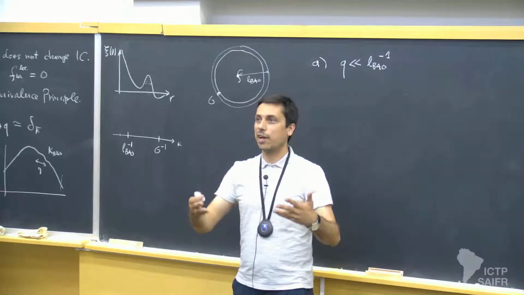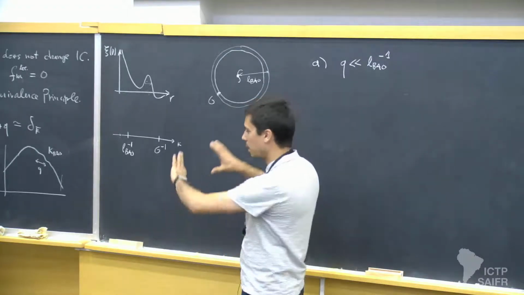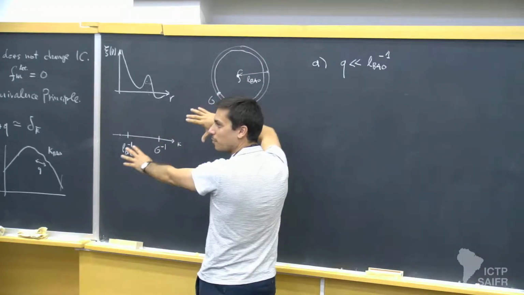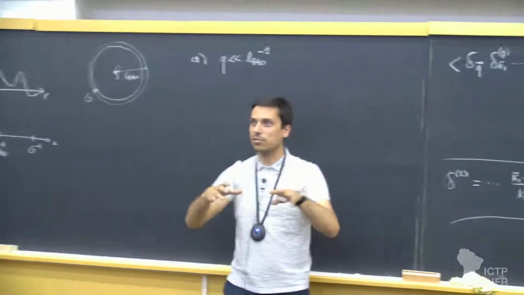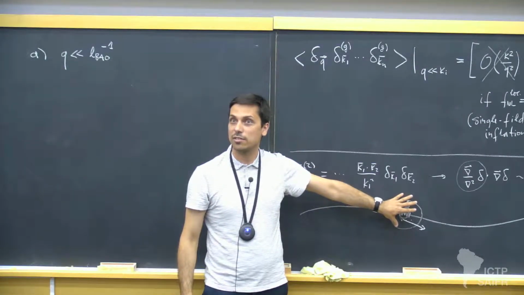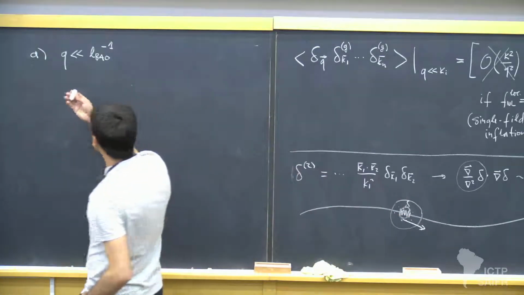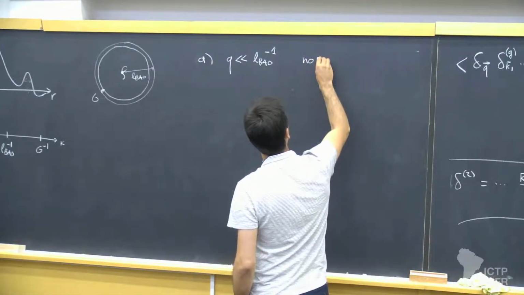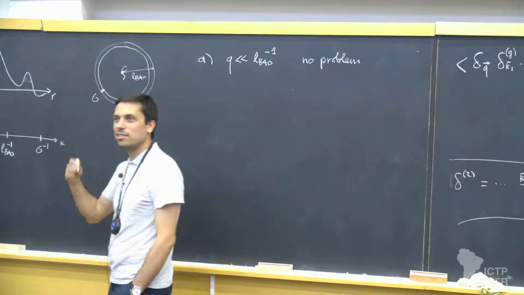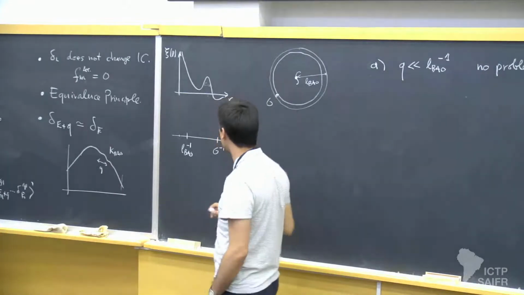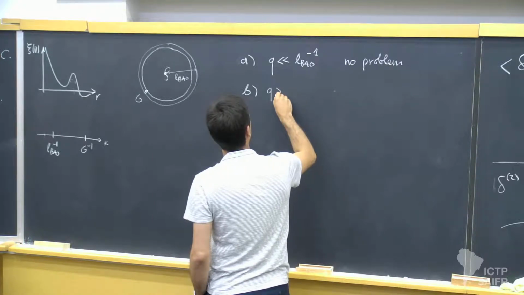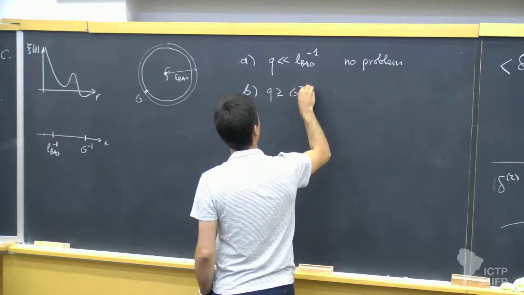What is going to be their effect? Their effect is going to be that they take this ring and just coherently move the whole thing in some direction because of these large bulk flows, okay? And then the picture is exactly the same as here. So nothing changes, right? And so therefore, there is no issue here, no problem. The consistency relations hold in the exact same way as before. Nothing happened. Option B. Of course, if I take q to be bigger or comparable to sigma to the -1,